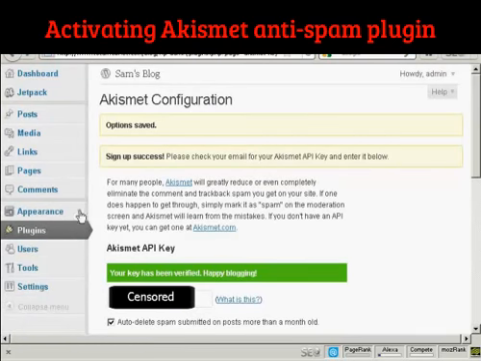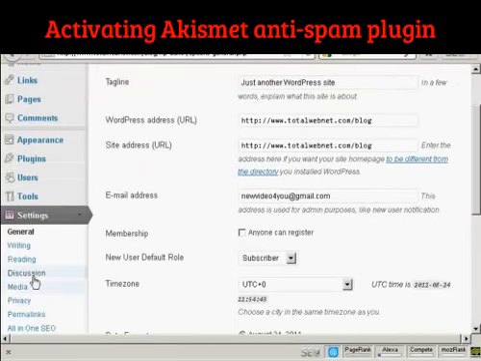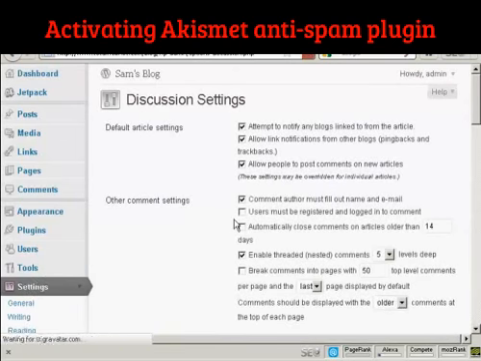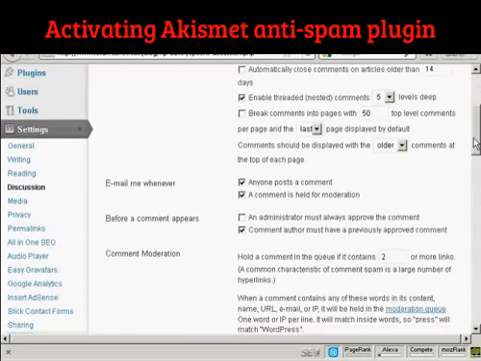If I just reduce that and go over to settings, and click here on the link that says discussion, you can see the discussion settings here. They're all part of this plugin. Some come pre-checked, and my advice would be to leave the ones that are checked by default properly checked. One that I would check if you want to be very careful or very cautious is this one here, users must be registered and logged in to comment. And also,